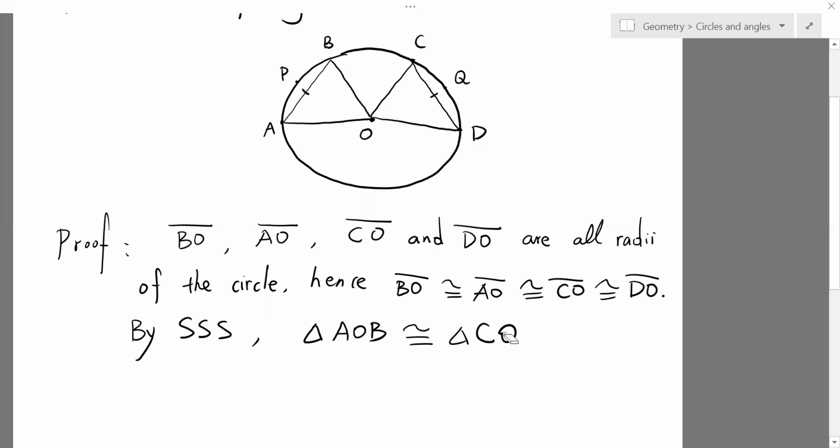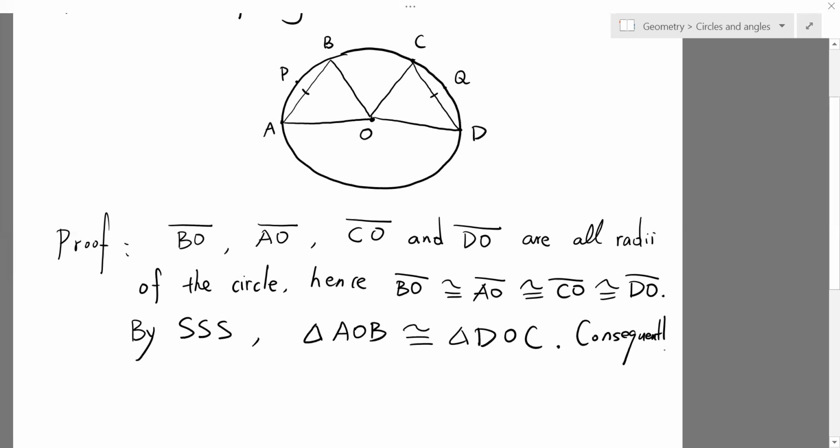Oh, yeah, I guess I do want to say DOC in the first place. Okay, great. So the triangle AOB and the triangle DOC are congruent to each other, and consequently, we conclude that